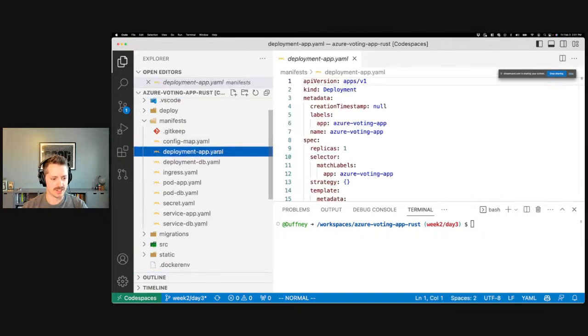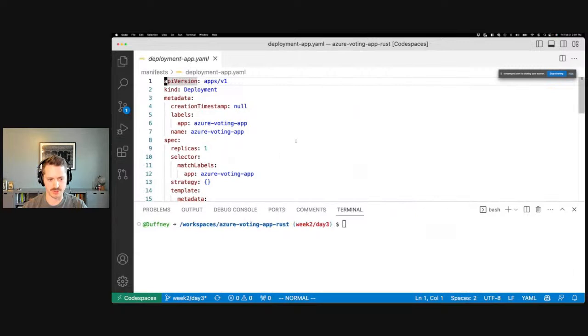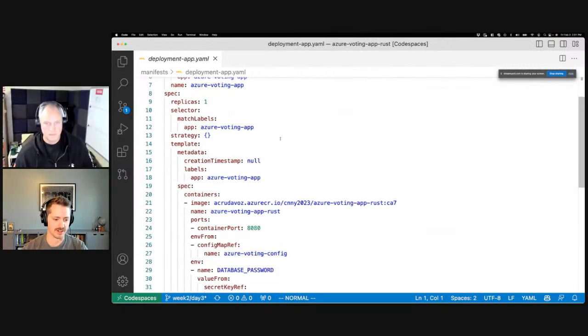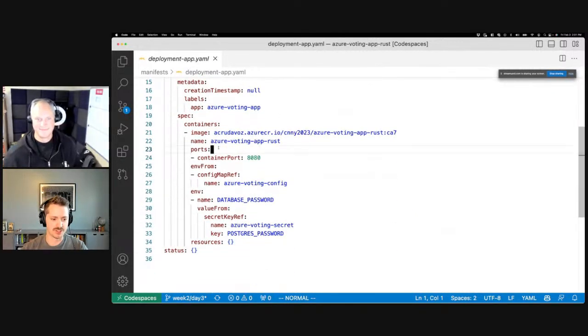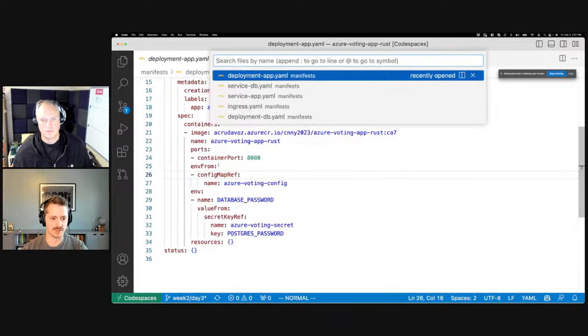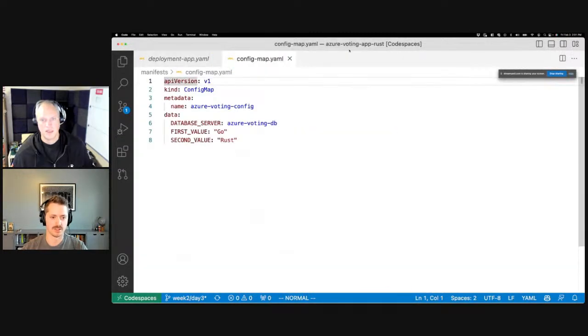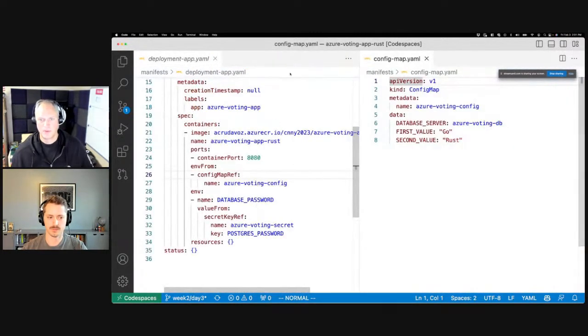So if we look at the application, I guess we should have stayed on day 2 just to see it, but we'll be able to tell in here. But essentially what I've done with those environment variables, if we take a look at the config map. Yeah, let's start with the config map. Right. So here's, do you have something? So yeah, what